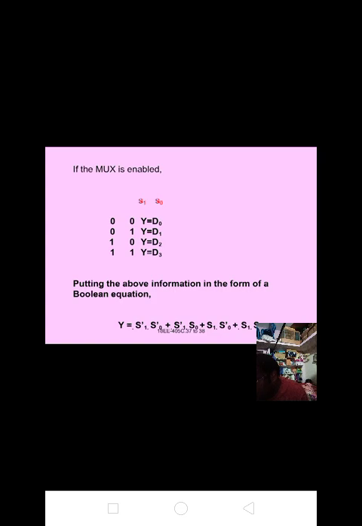Then the logic diagram for the 8x1 multiplexer is, here we have taken 8 AND gates, 3 inverters and 1 OR gate for getting the output. Here the inputs S0, S1, S2 are the data select inputs, and the inputs are D0, D1, D2, D3, D4, D5, D6, D7. It is the diagram for the 8x1 multiplexer. Please make a note of it. I will send it in your WhatsApp group also.